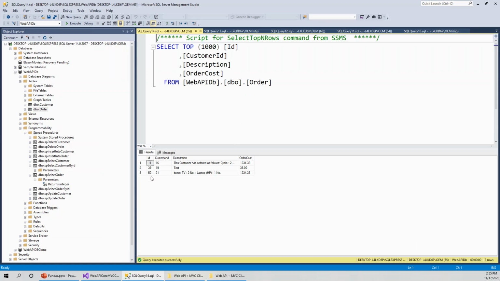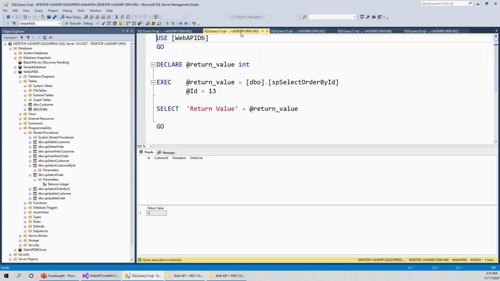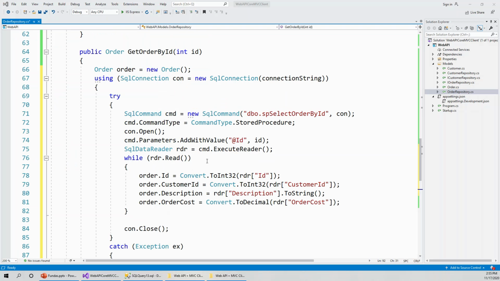So there are 3 orders with ID 11, 39 and 52. So let's see ID equal 11 and click on execute, and it returns the record with the ID of 11 and a customer ID of 16. So it verifies the authenticity of our select stored procedure, sp select order by ID, and again a data reader